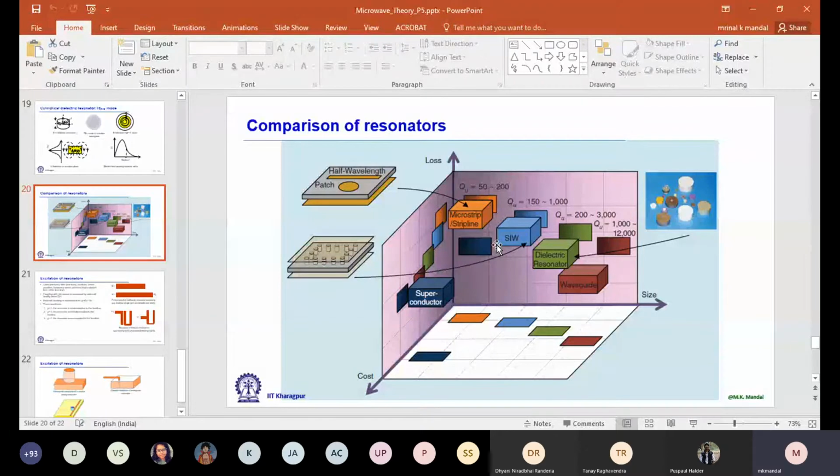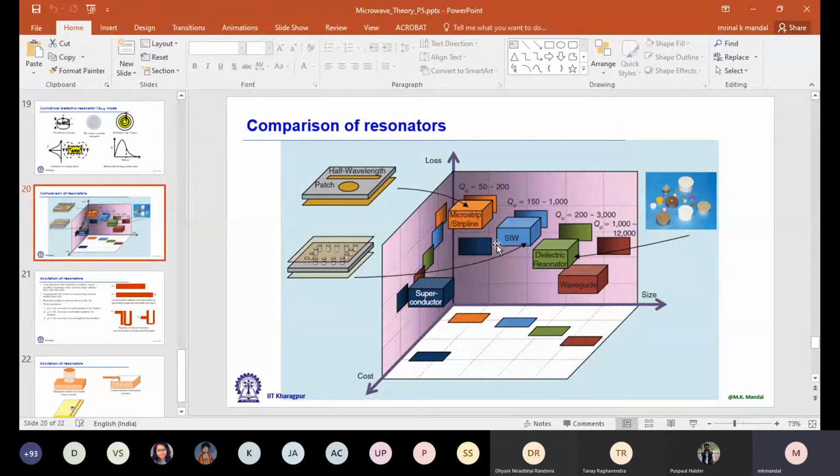It will look like a thin rectangular waveguide filled with dielectric material. So top side, bottom side, we already have copper. We are cutting the substrate like a strip, and on the side walls we are depositing copper. So it looks like a thin rectangular waveguide filled with dielectric material. That is called substrate integrated waveguide, or in short, SIW.